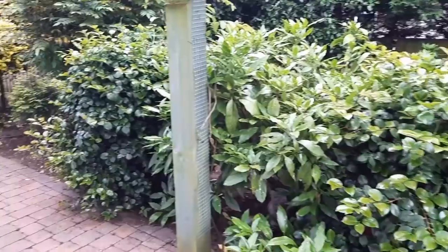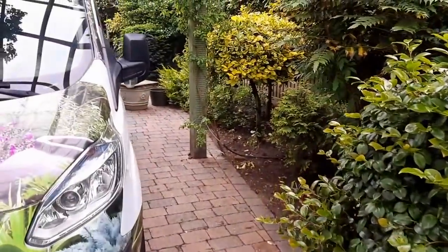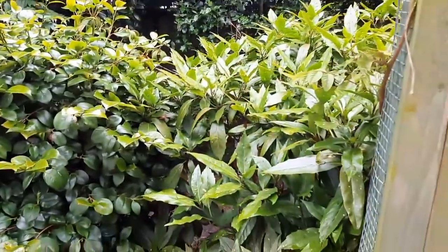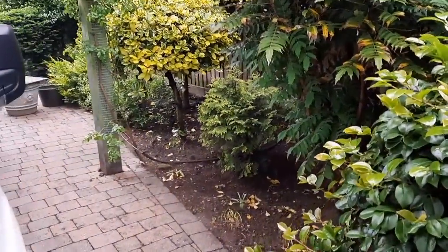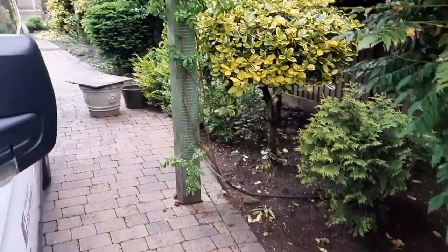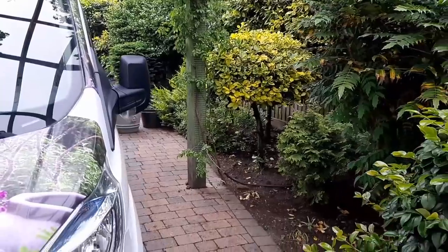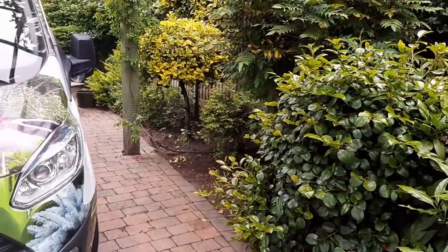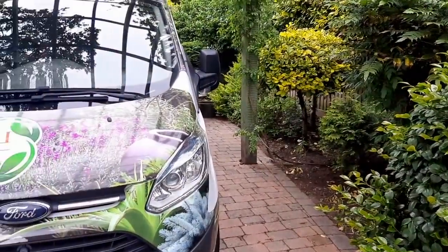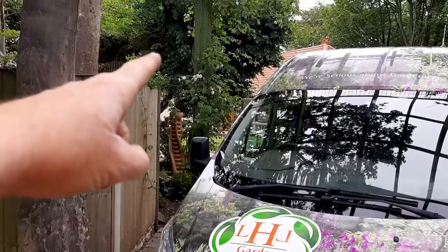I do always, there's probably times, well not probably, there is times to do certain shrubs and plants. When you get us to do it, we concentrate on neatness first rather than the flowers. That's not to say we don't want the flowers, of course we do, that's our job. But the first and foremost is neatness, and then we can always decide what we're going to do, when we're going to leave it, why we're going to leave it, if we're not going to leave it, and so on and so on. So this is all getting pruned, and this beech hedge, I'll take it over in a second,